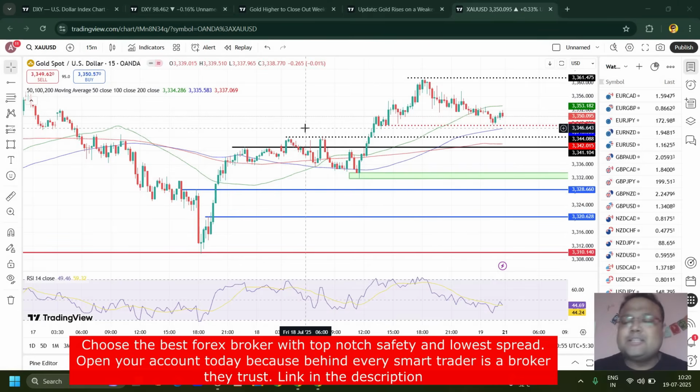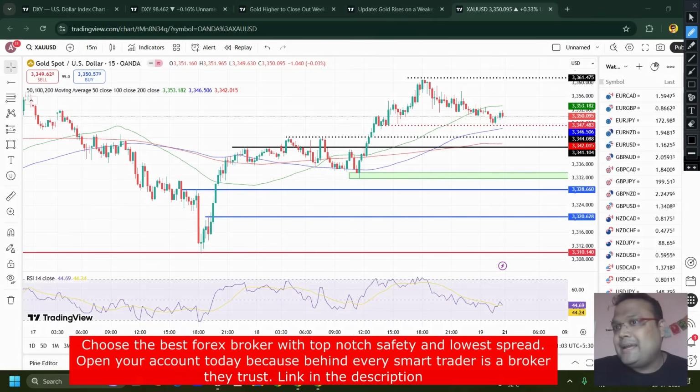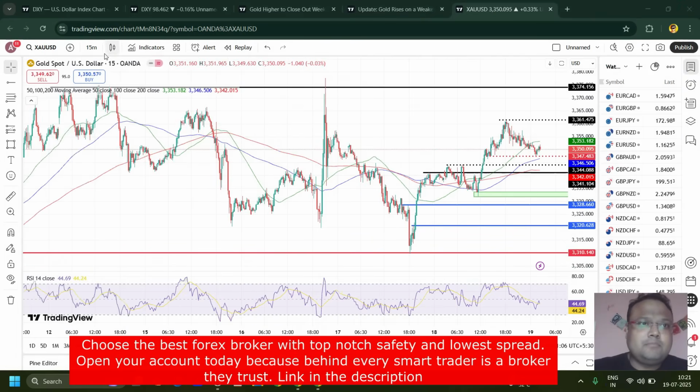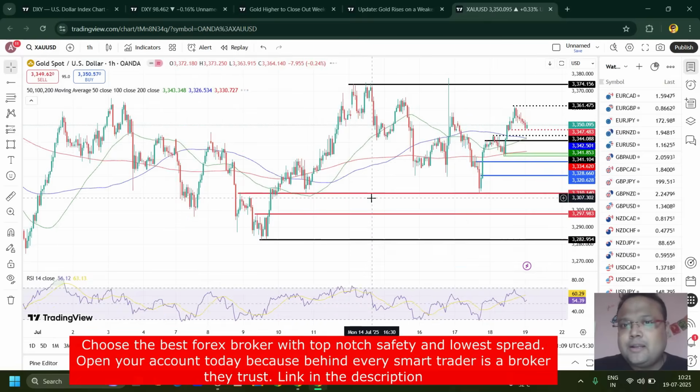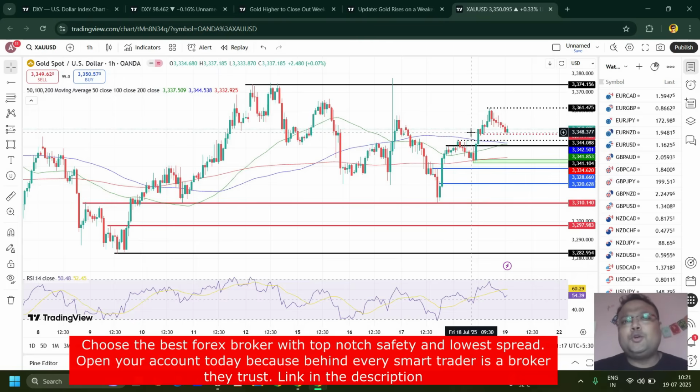Like the market may not go right at the opening, because volume is important, isn't it? But still, during the day, if we see gold going above the 3362 area, we can look for a buy as well. And the role of 3375 is still critical. Let's see how the market reacts around 3375. But as of now, let's wait for the market to open. As we all know, there is no direction on gold right now. Gold is struggling for direction, so we are looking for trading opportunities on both sides of the market. You can clearly see the market is choppy. On the daily chart, we can clearly see the market is flat.